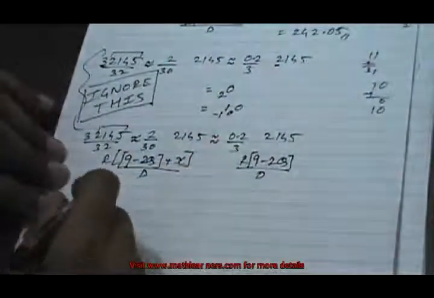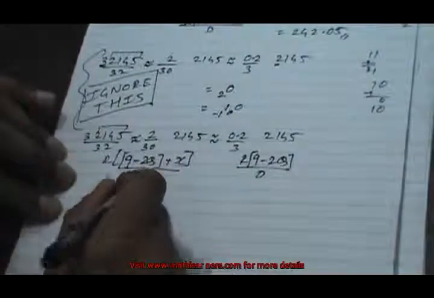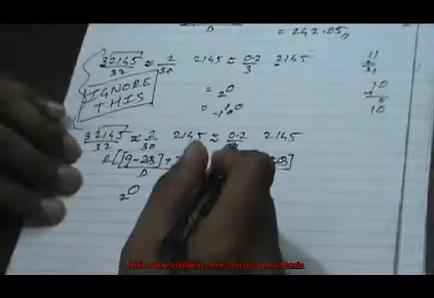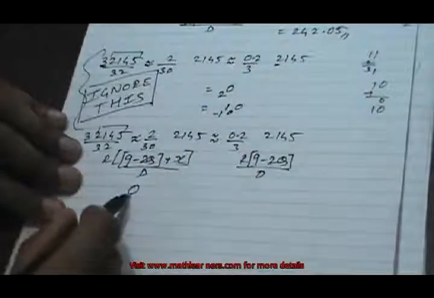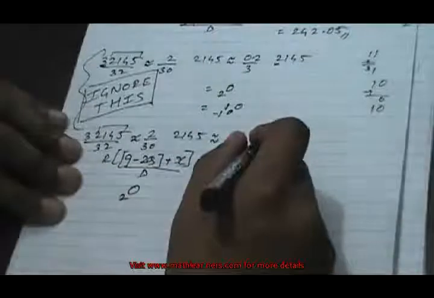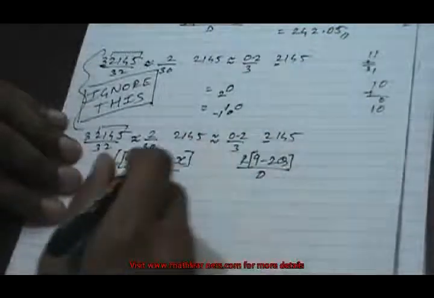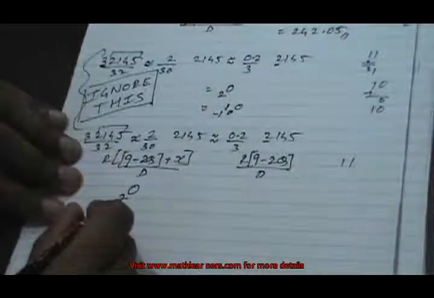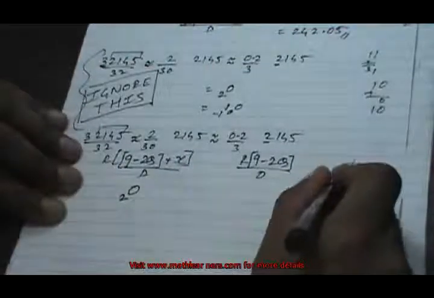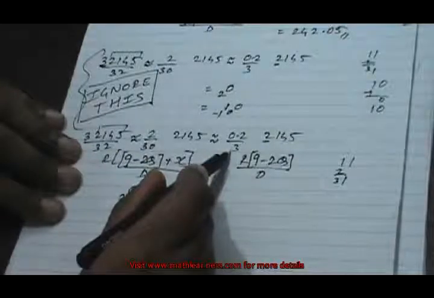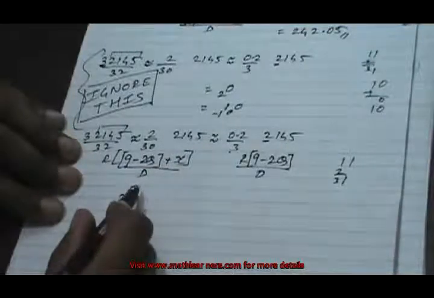So 2 by 3 will give us quotient as 0 and remainder as 2. So double of 0 will be subtracted from 9, so it comes as 9. 9 will be added with the first extra digit, that is 2, it comes as 11. So to 11, 2 will be appended as remainder, so it comes as 31. So when 31 is divided by 3, it gives quotient as 10,